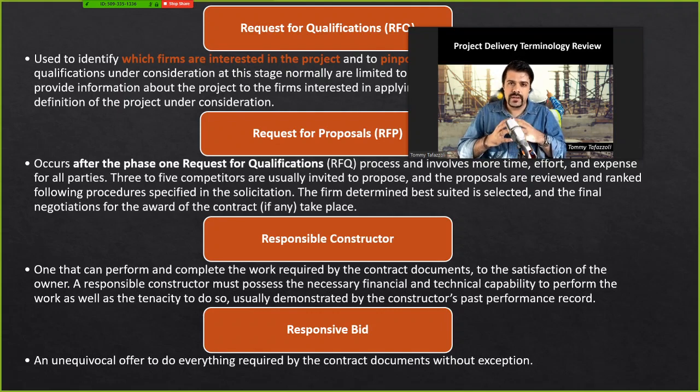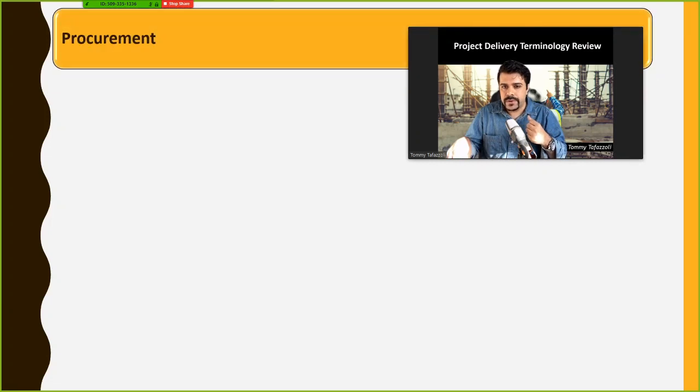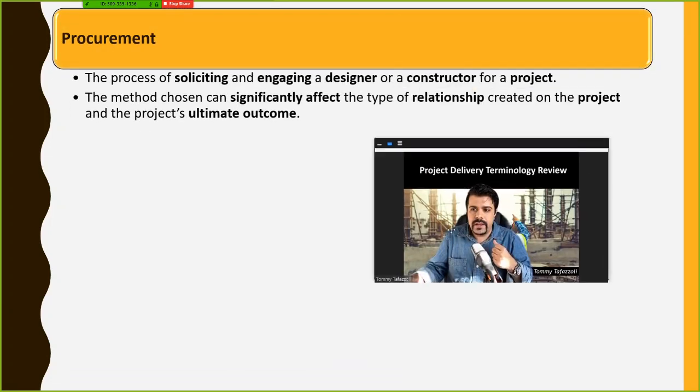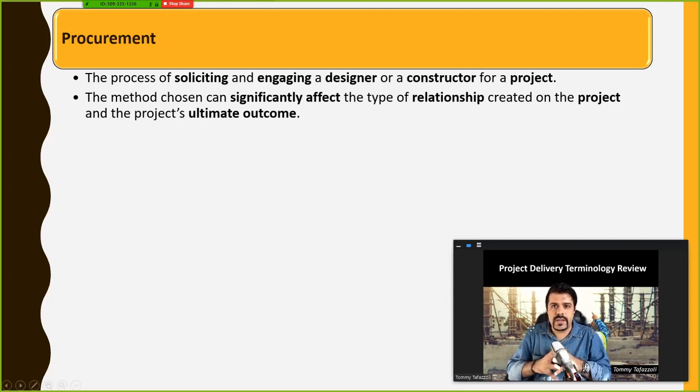But a non-responsive bid is a bid that fails to address some of the key elements or any important element of the project in terms of pricing or considering some of the requirements, some of the conditions that the contract has addressed. If you fail to consider them in your bidding, then your bid is non-responsive and you are out from the selection process.